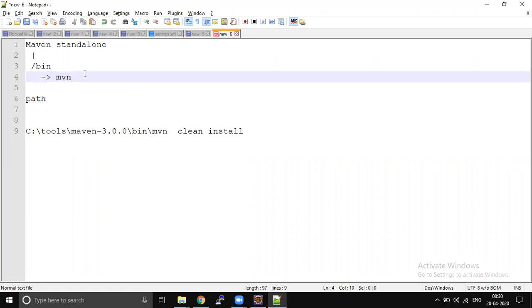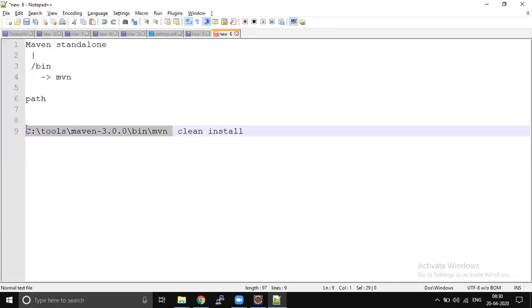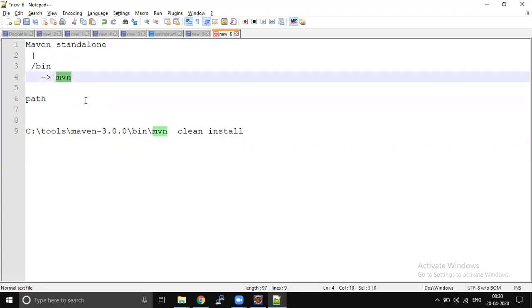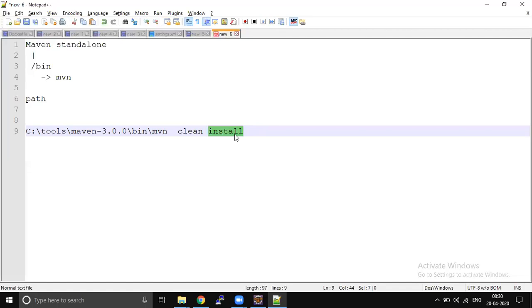First install, then either set the path or give the complete path of the MVN command, so that your OS will identify where exactly this MVN command is. When you set the path, your system will automatically identify the place where MVN is present. If you don't add it to the path, then you have to give the full path followed by the lifecycle goals: clean install, clean package, or direct install, anything is fine.